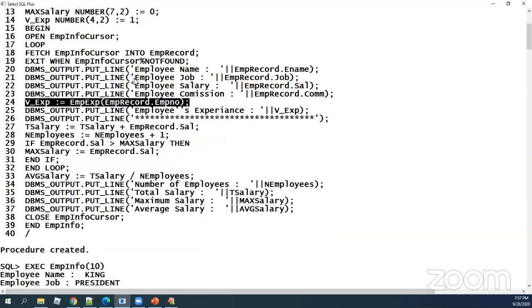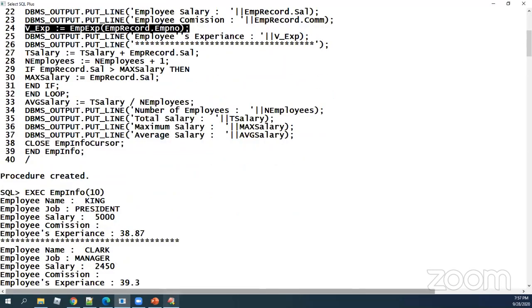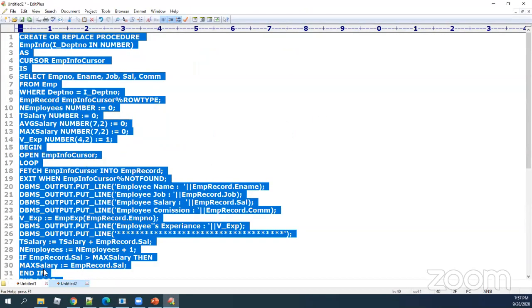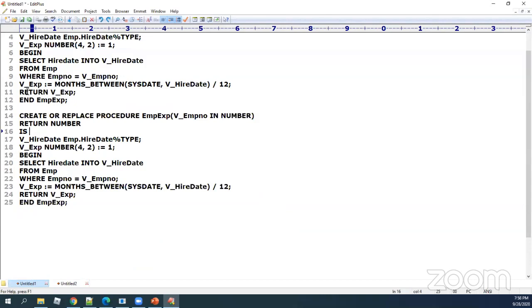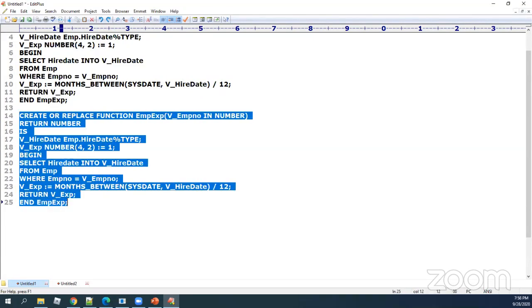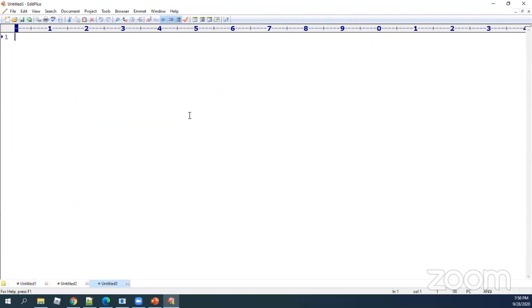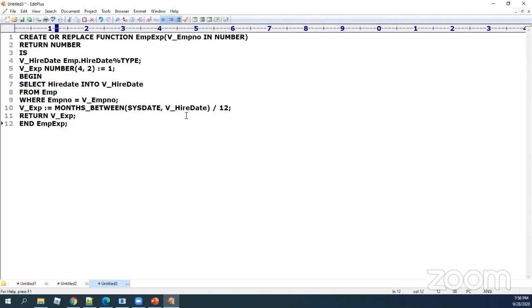Now, if you can design a function that can calculate your experience, I don't think it should be a problem for you to design another function that can do some other kind of work. See, once you got the template, it's very simple.